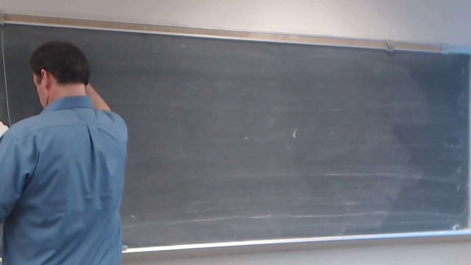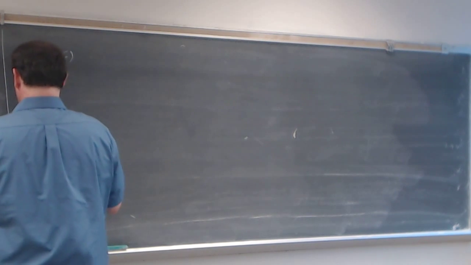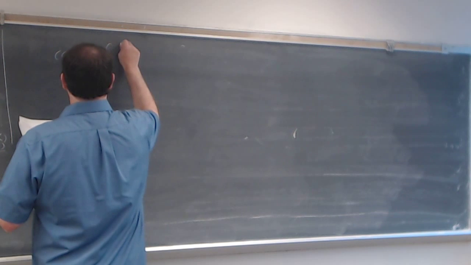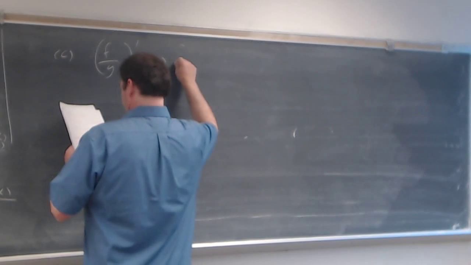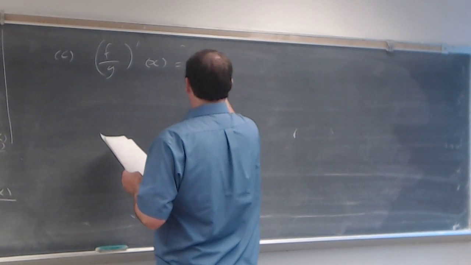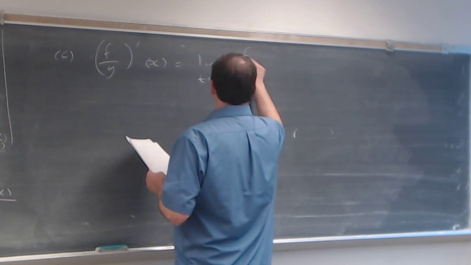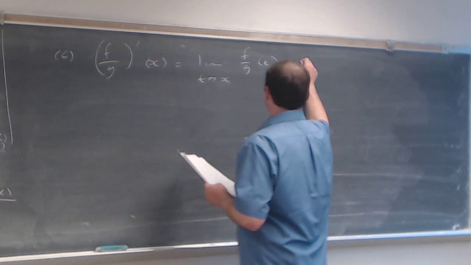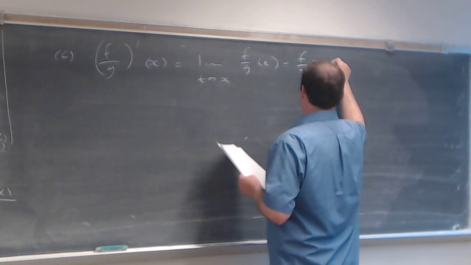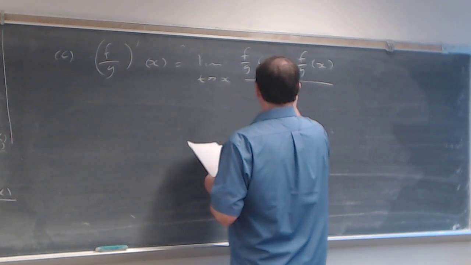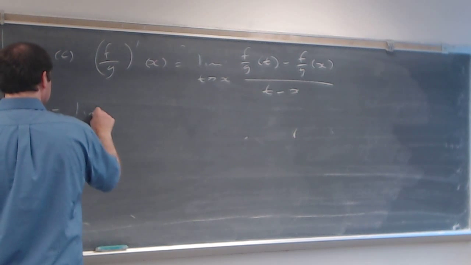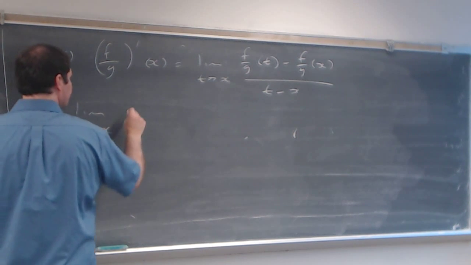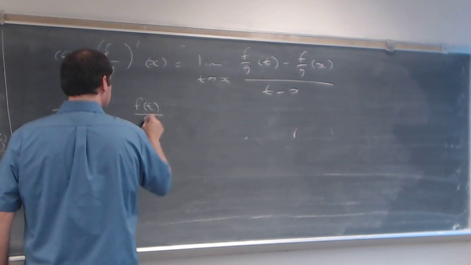So for part C, when we look at f over g's derivative, that's equal to the limit as t goes to x of f over g evaluated at t minus f over g evaluated at x, all over t minus x. And by definition of quotients of functions, this is equal to the limit as t goes to x of f of t over g of t